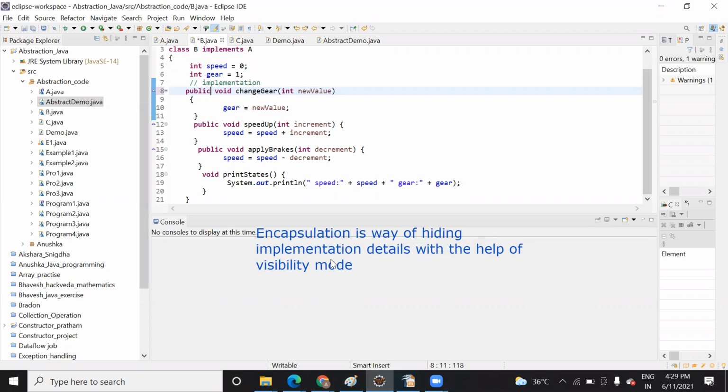So encapsulation, always remember, is a way of hiding implementation detail with the help of visibility mode. And abstraction is to hide implementation detail with the help of the abstract keyword.